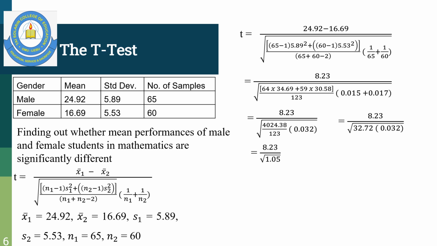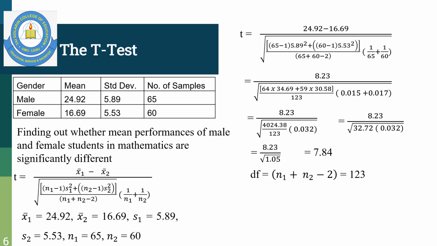1.07. So if you now find the square root of 1.07 and then divide 8.23 by it, you are going to get 7.84. So the calculated value now is